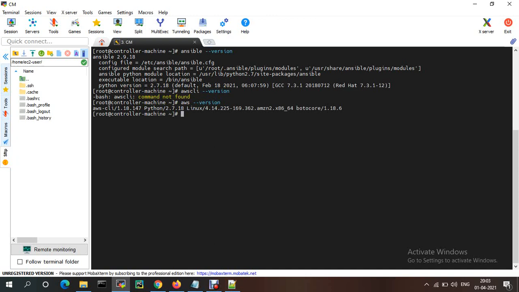To access that service, we need an IAM role or IAM user.